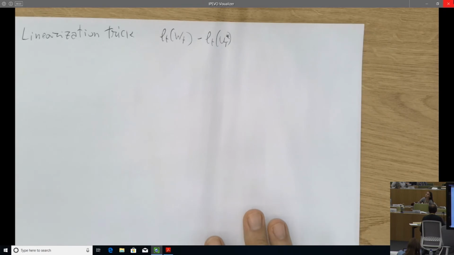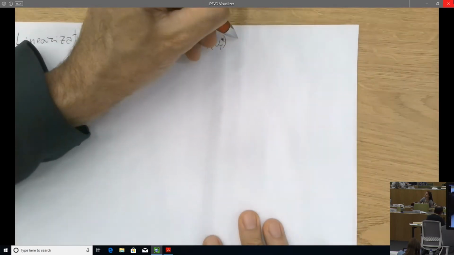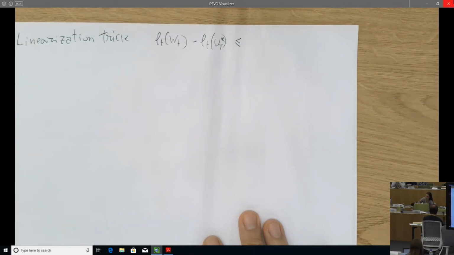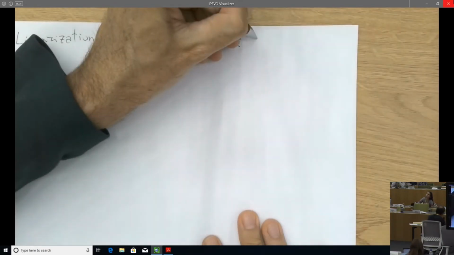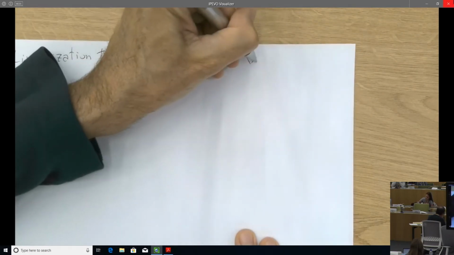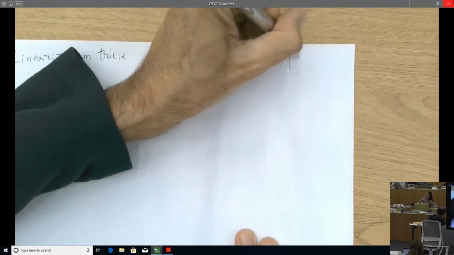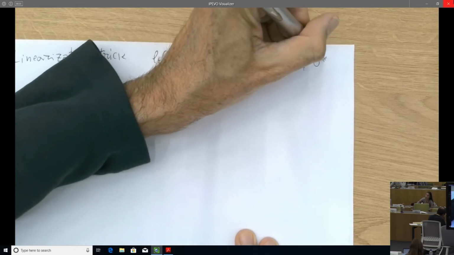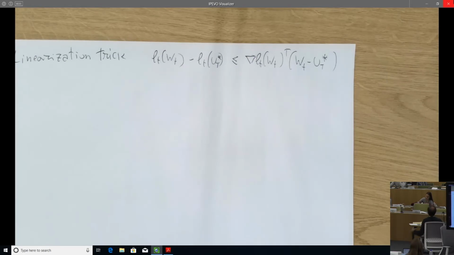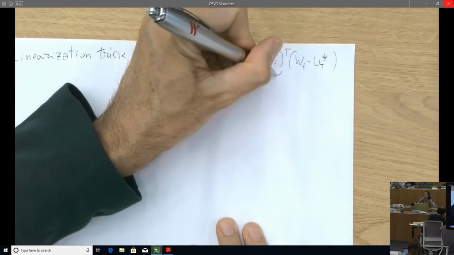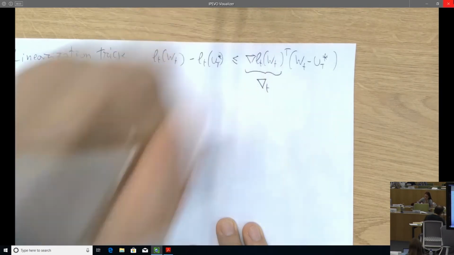So now how do we work here? Okay, we can definitely use Taylor's theorem, exploiting the fact that these l_t are convex, to write it like that: the gradient of l_t at w_t transpose w_t minus u star t. Okay, this is just convexity. I'm dropping the second order term, and by the way, because I wrote it in a certain way, I know it's negative. So I drop the second order term and I get an upper bound just by using Taylor's theorem and convexity, nothing fancy. So now let's call this, to be parsimonious, nabla t.